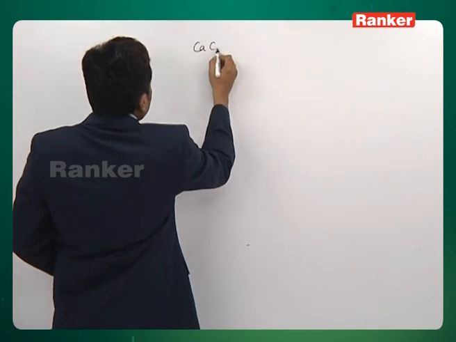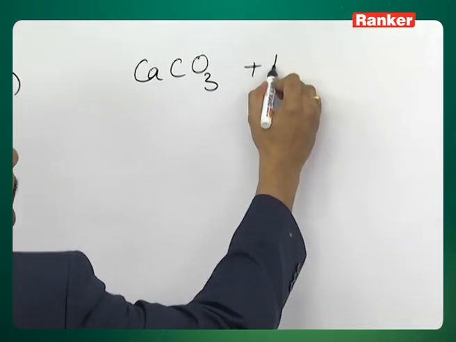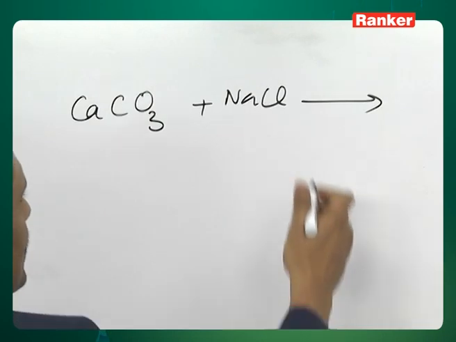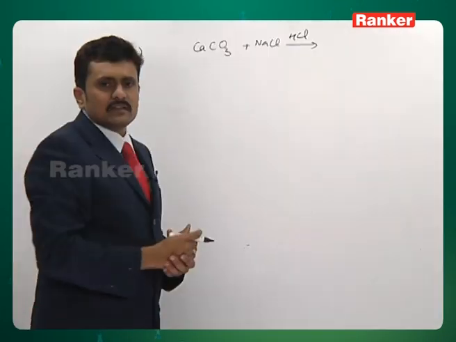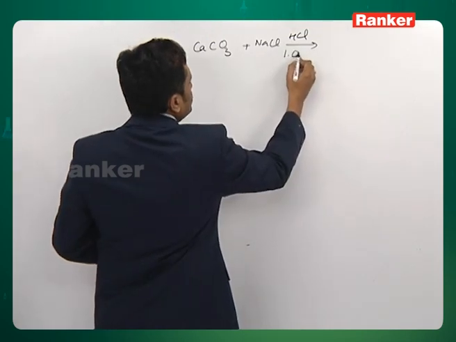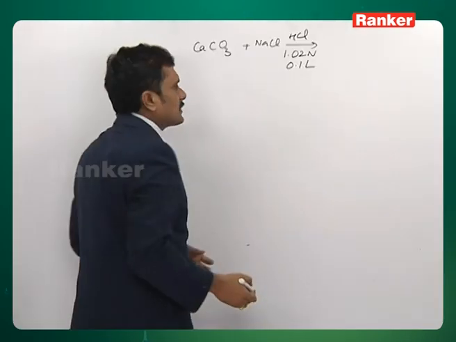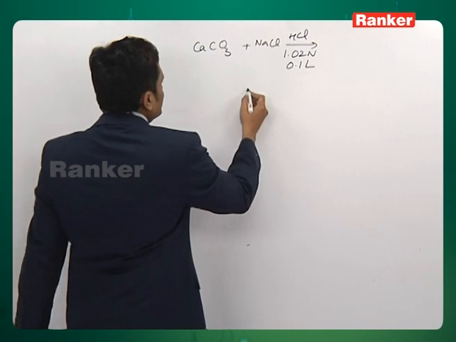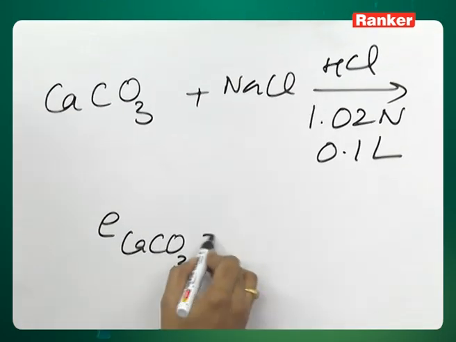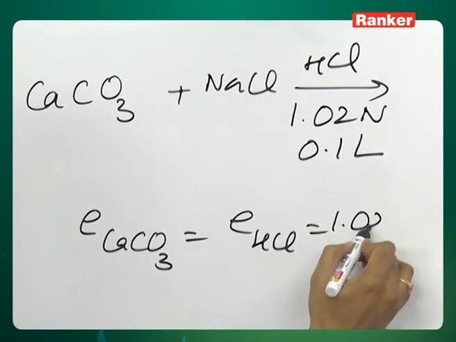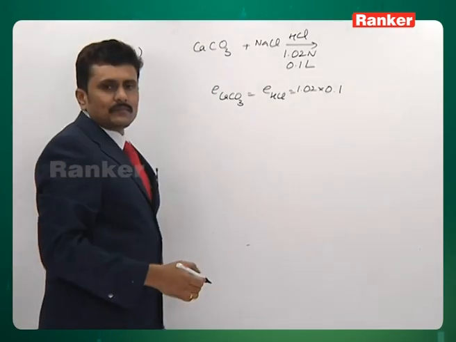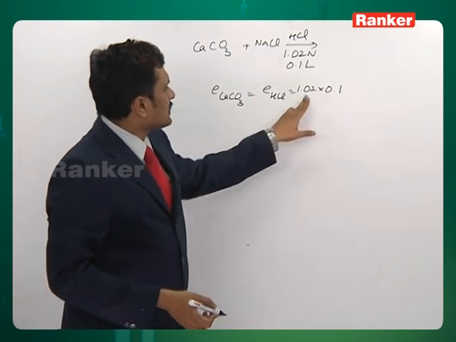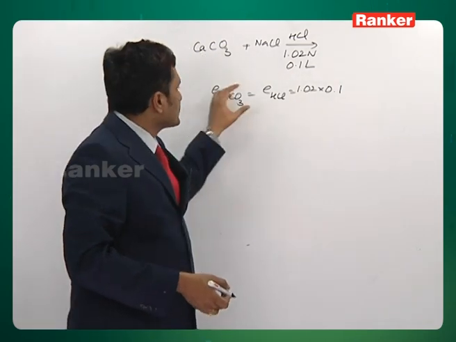Look here, you have a mixture of calcium carbonate as well as NaCl. This was added to HCl, and certain data is provided regarding the HCl. That is, we have taken 1.02 normal and 0.1 liter of HCl. As you all know, this is an alkali which is going to react with the HCl, hence you will be writing the expression: the gram equivalents of acid and base are equal. So now